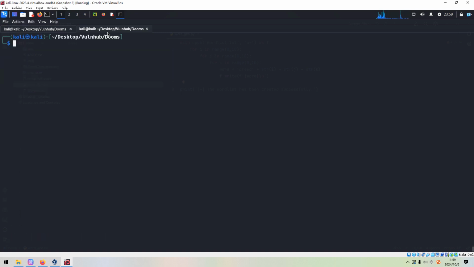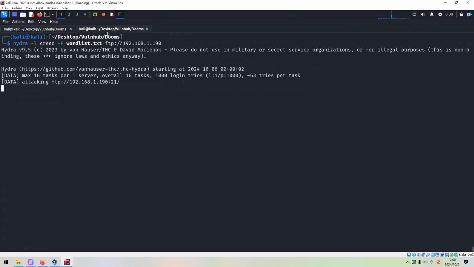I think that's it. So now we can launch Hydra to crack the password. Okay, so now we can hit enter. I used the options like the lowercase l to specify the username and the uppercase P to specify the word list, which was created by Python, followed by the service ftp, because now we just follow the instruction of this machine.